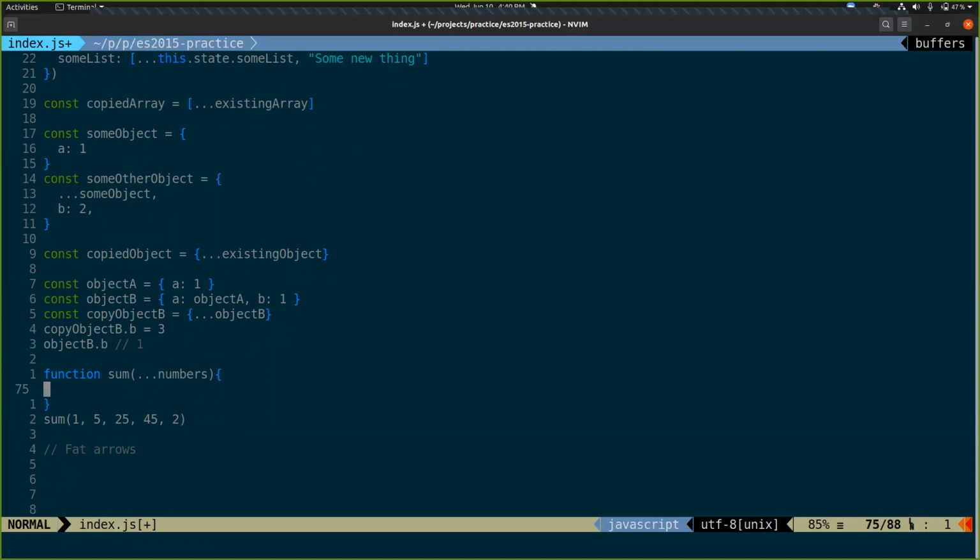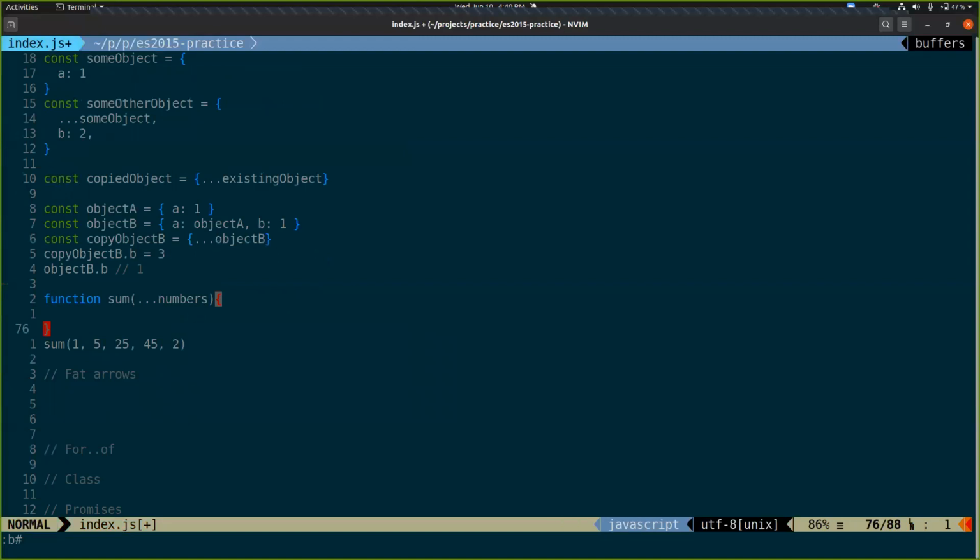Some people have suggested that rest is a bad word for that. I kind of agree. It's supposed to be like, and the rest of the arguments. The collect operator has been suggested as a better name for it. I kind of like that better too.